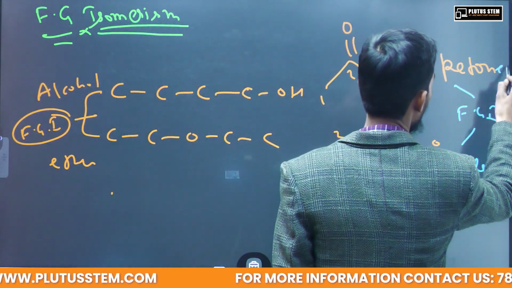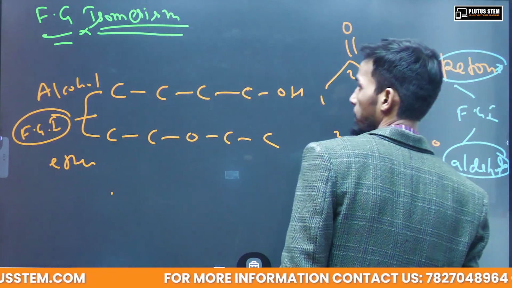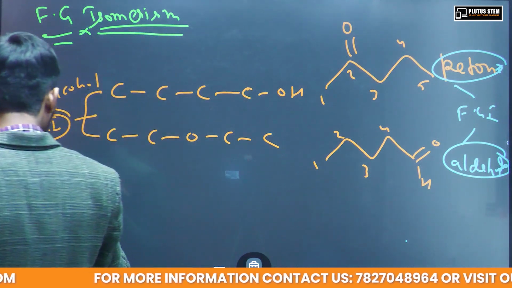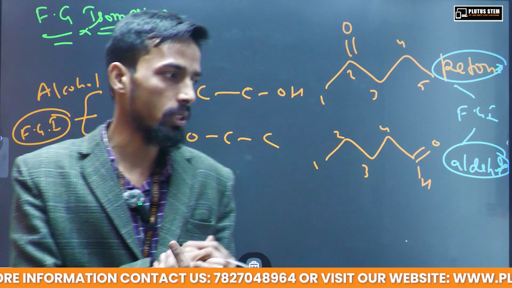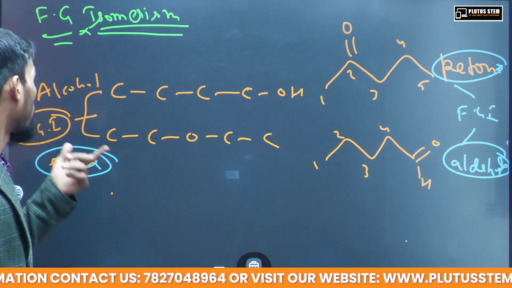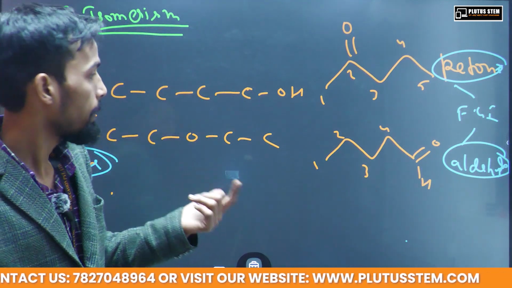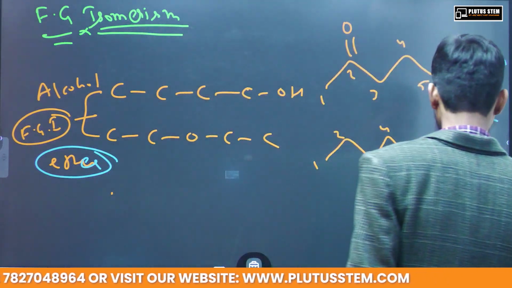Over here ketone and this side aldehyde. Over here alcohol, ether, and many more examples. We are going to see how many numbers of this isomerism you can say, that also we will see in the upcoming slides or upcoming videos. So after that,